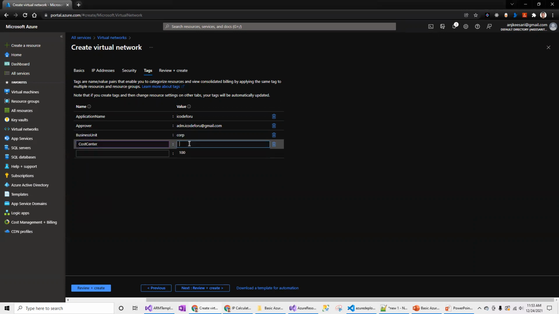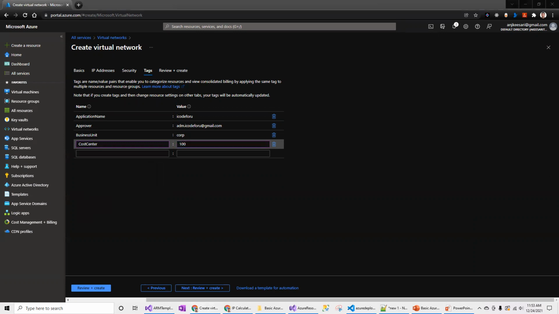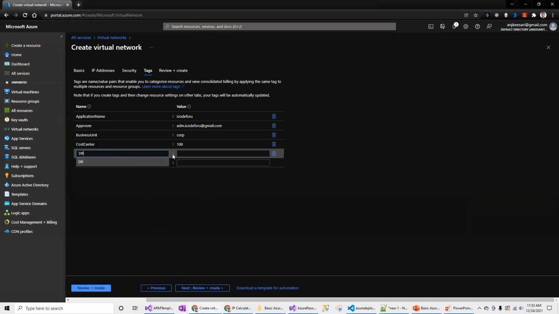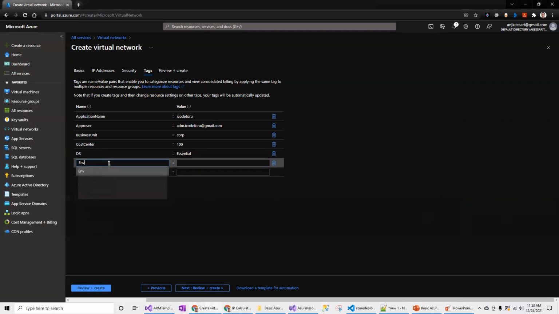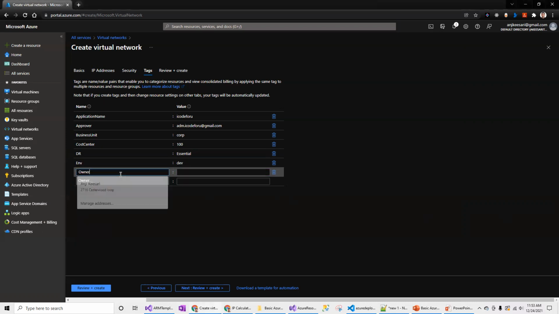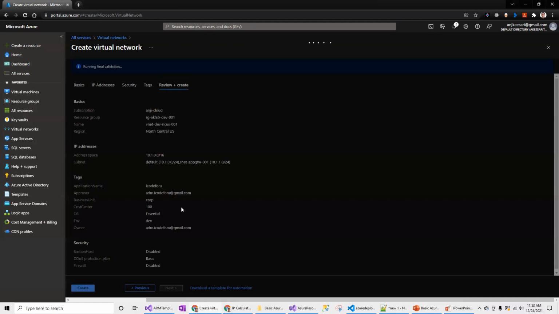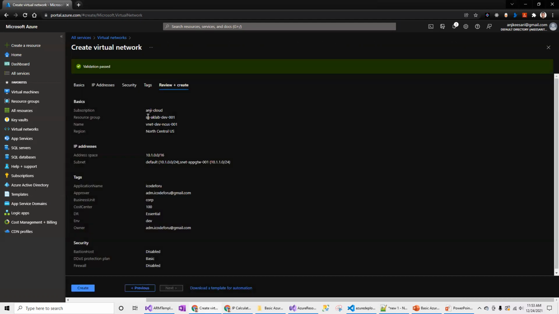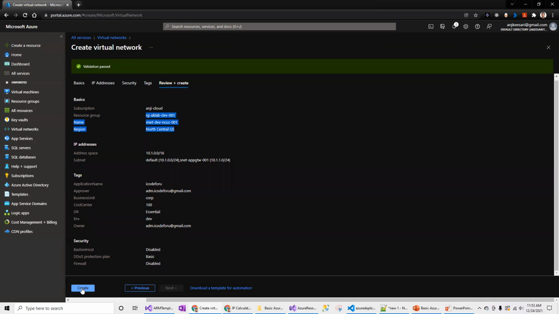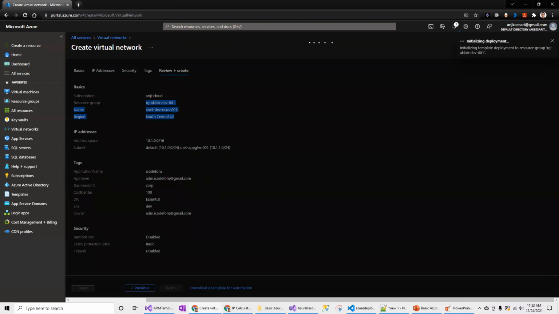It shows some intelligence with the previous number, which is a good thing. So this is essential: environment and also the owner. So I will add the remaining ones later probably. So I can say review and create. So make sure that you review it thoroughly before creating the resources. So let's say create.